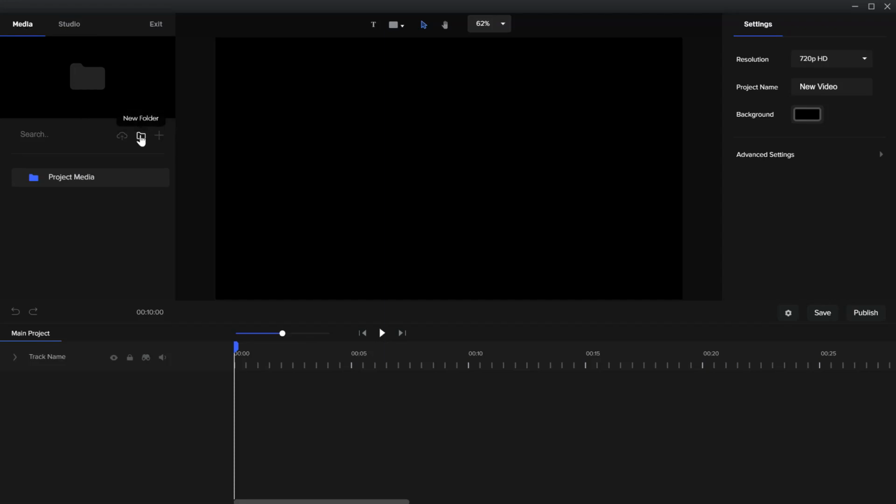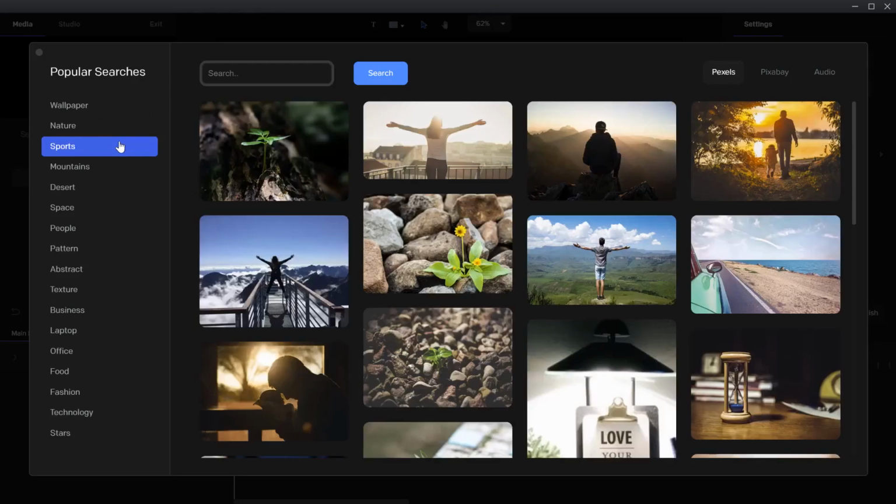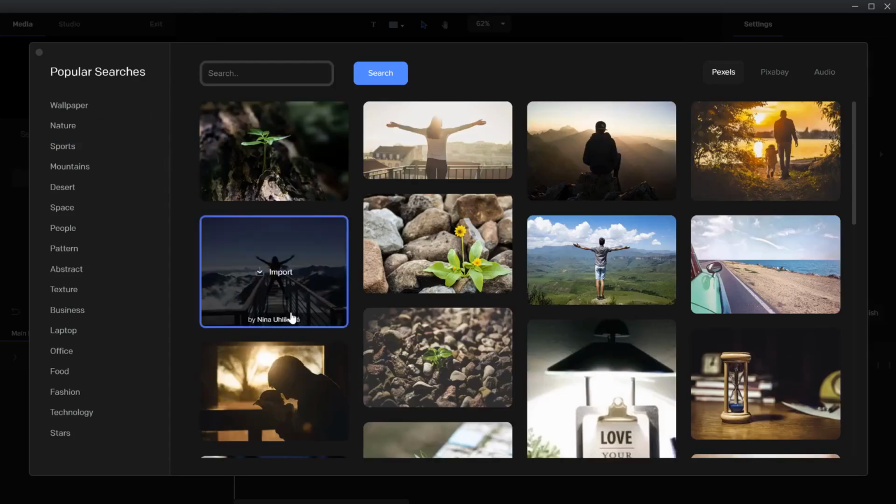You can import from different places. You can add new folders. You can actually create different media folders here to manage different clients' projects that you're working on. And if you want to, you can also import different stock footage you really like into the software as well